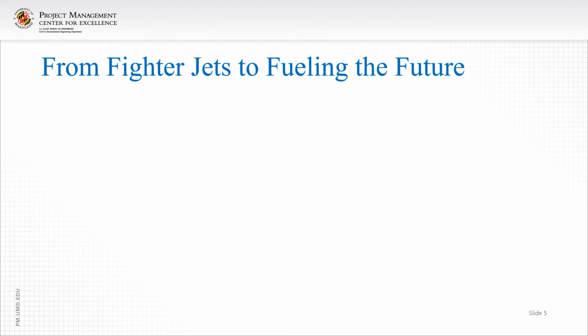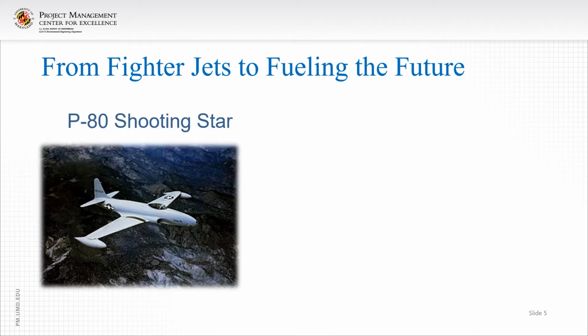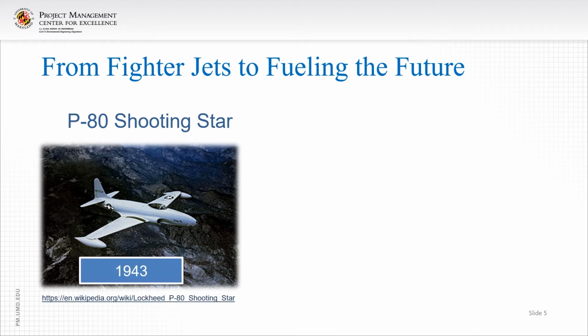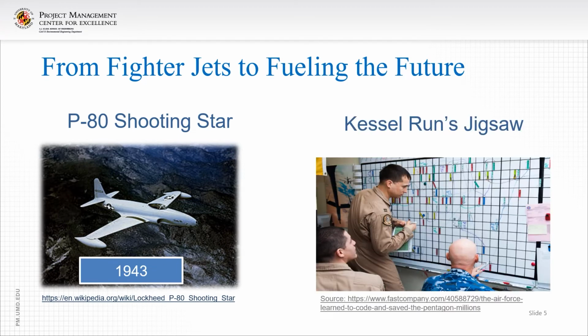So speaking of complex systems, let's talk about two projects performed by the Air Force, both using Agile, but decades apart. The first one is the P-80 Shooting Star. The P-80 Shooting Star was actually a project done by Lockheed Martin's Skunk Works team, led by Kelly Johnson. And in 1943, they actually prototyped the first jet fighter ever in just 143 days. And they did it by having the team co-located, working together, responding to change, empowered to take and change the designs, and by having great communication through co-location.